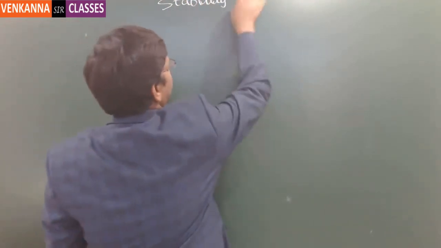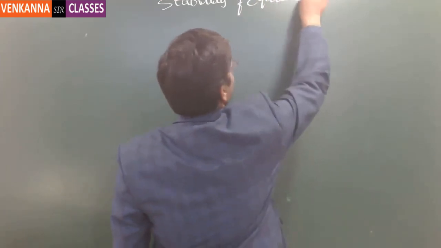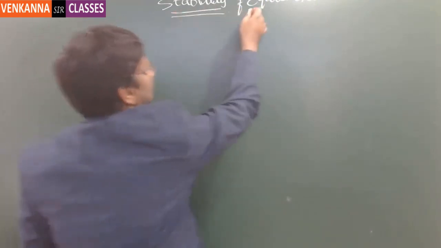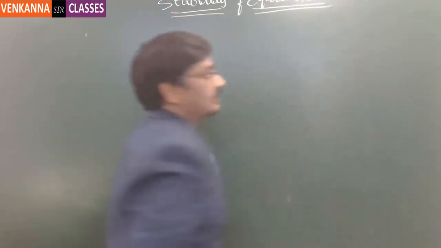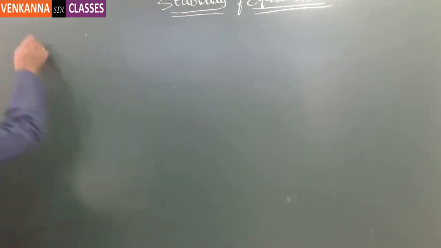Stability of equilibrium. So in this we have discussed two methods, and the third one is a very important method, and the third one is the Z test method, right? So in case of the Z test,